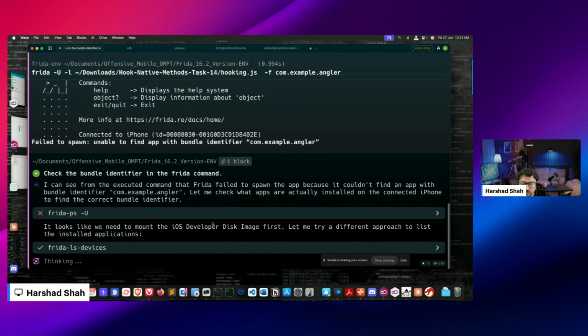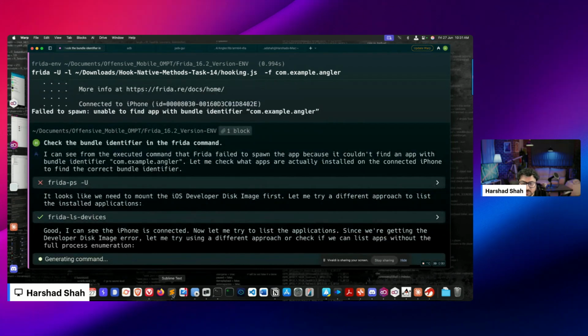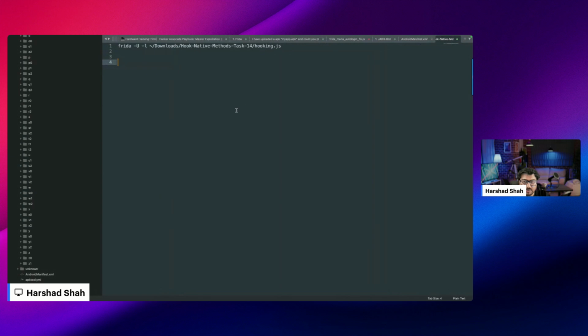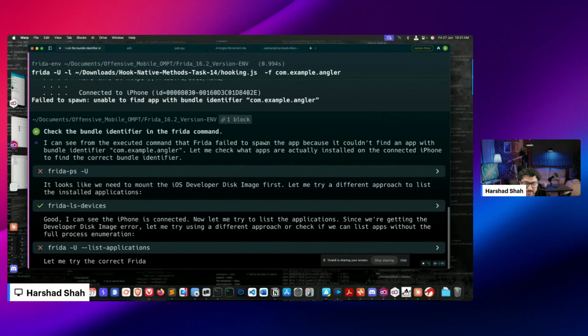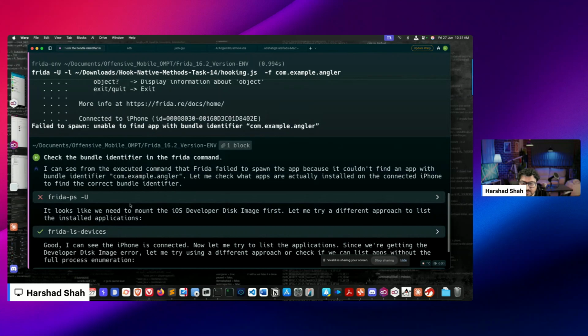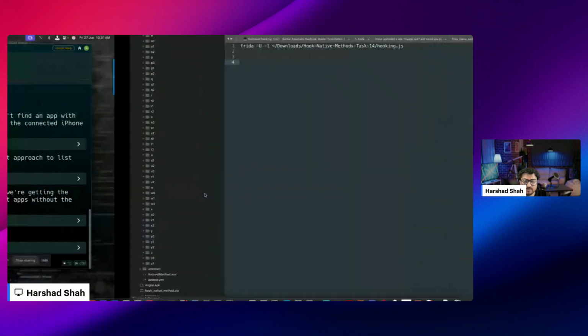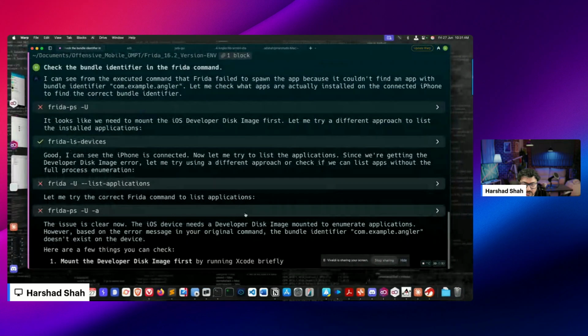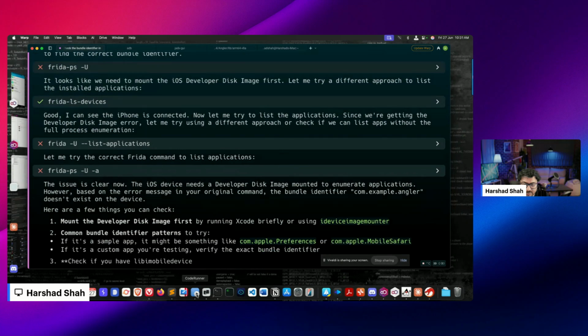Okay, so I think I need to connect using this one. One minute. This kind of problem is coming because I'm doing iOS pen testing and Android pen testing on the same machine, so it is giving me an error like an iOS mounting problem. In that case, what I can do here is use my cheat sheet, which is available